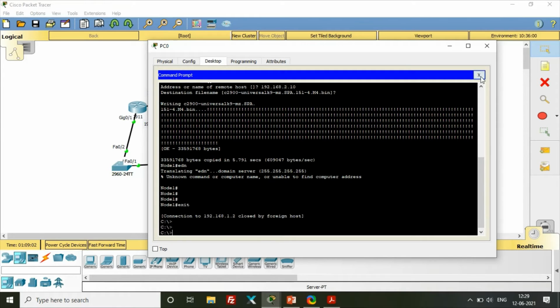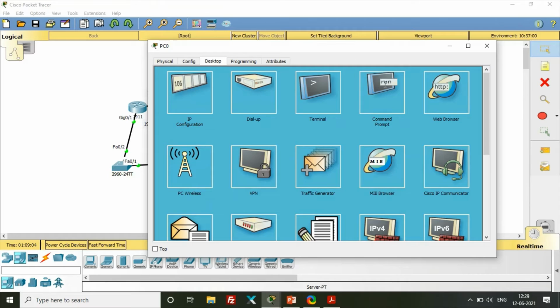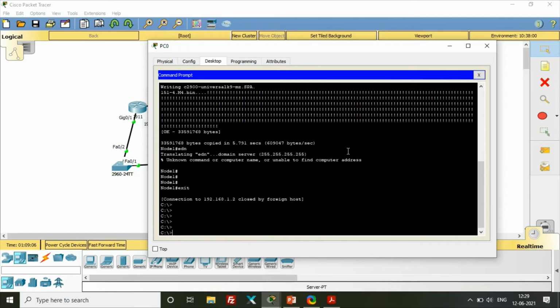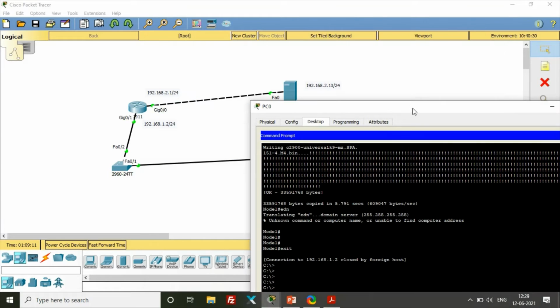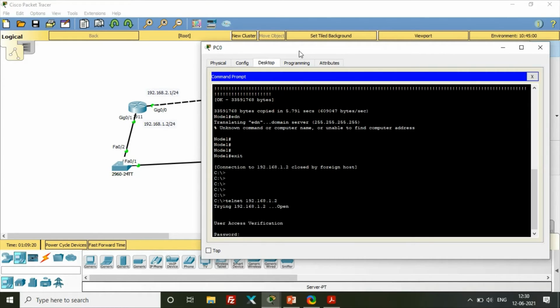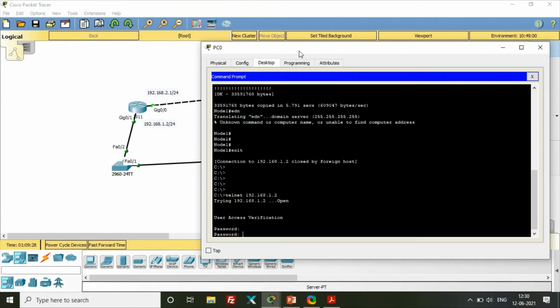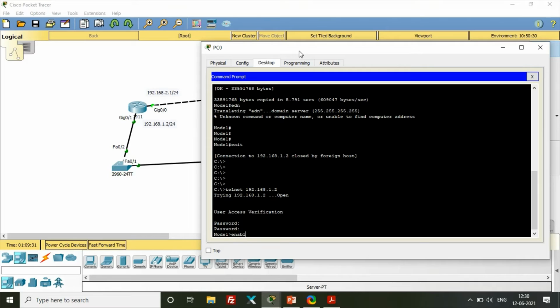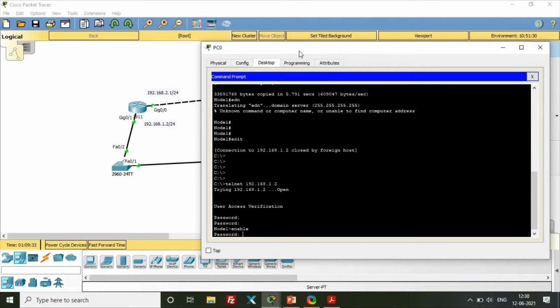We can go through the command prompt and telnet to the IP of this router, 192.168.1.2, and it will ask for the password. The password is Cisco, which I have configured. Okay, enable, and the secret password is also Cisco.